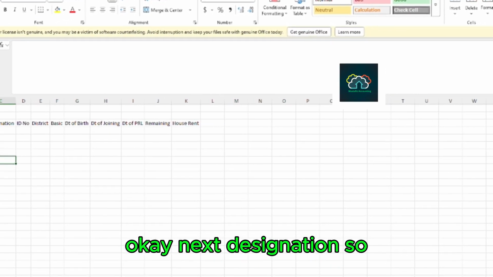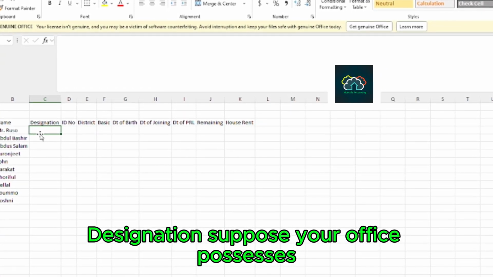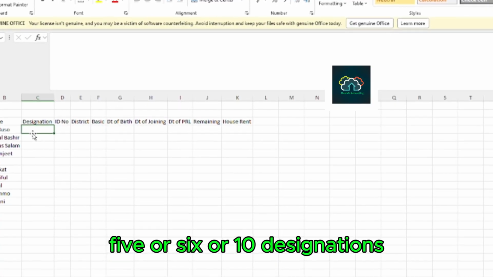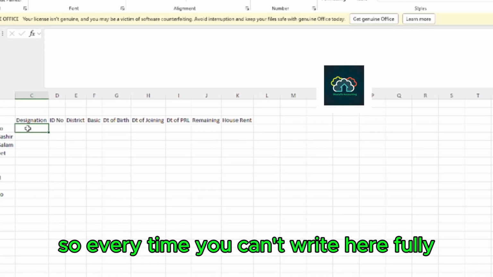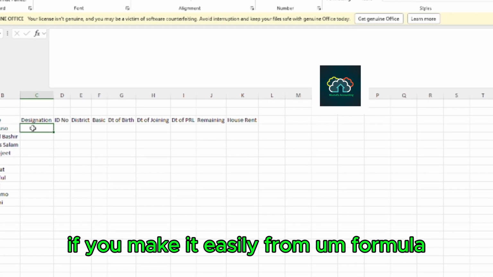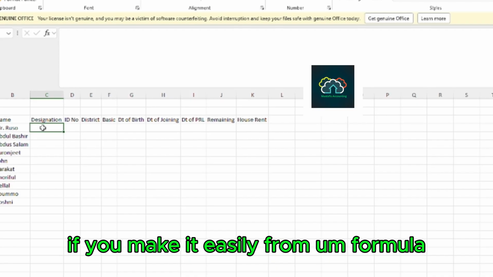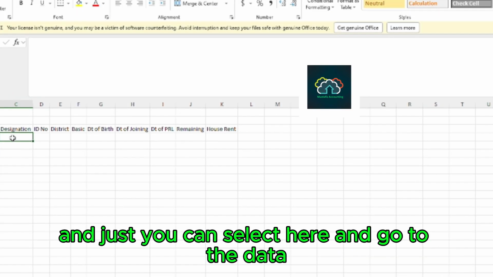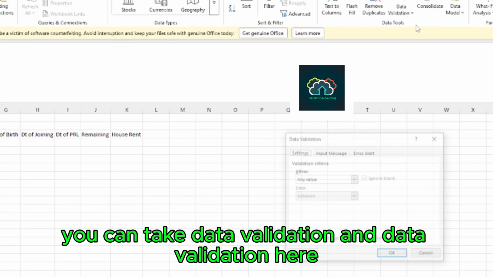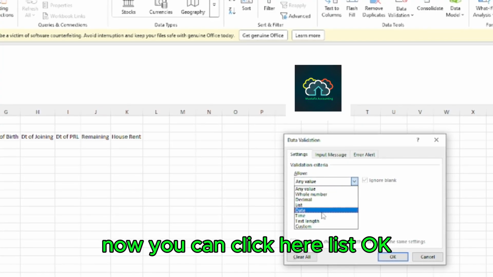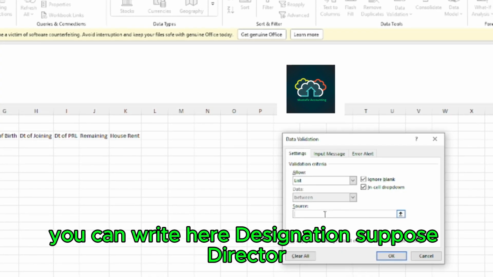Okay, next designation. Suppose your office possesses 5 or 6 or 10 designations. So every time you can't write them fully here. That's why, if you make it easily from a formula, next you just select here and go to Data. From Data you can take Data Validation. Now you can click List. Okay, list, and the source, you can write the designations here, suppose director,